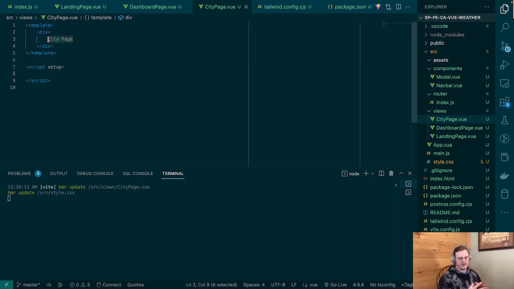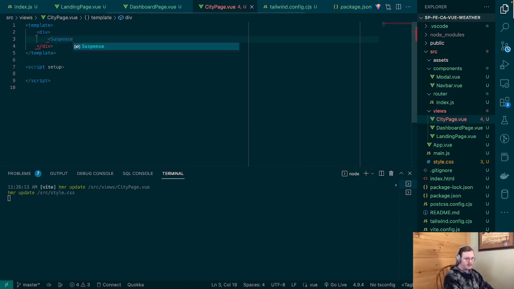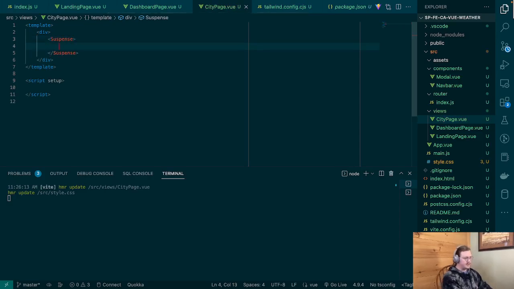And so a suspense is kind of like an asynchronous component where you have one thing that you're waiting to render, and then another thing that is going to be there in the meantime until the first thing renders, right? So it's going to hold it in place in suspense until it's resolved, right? So that's what we're going to do here. So we're going to say suspense about like that, and we're going to pass in,